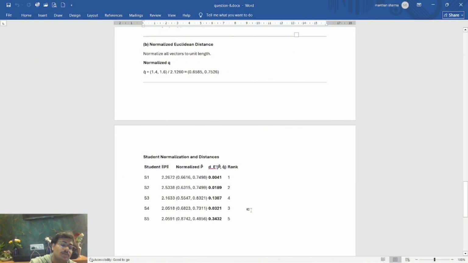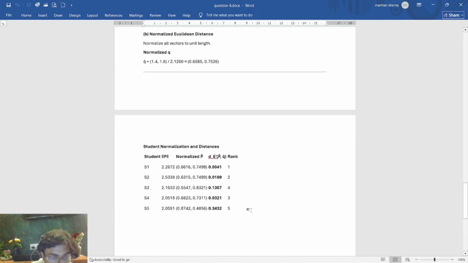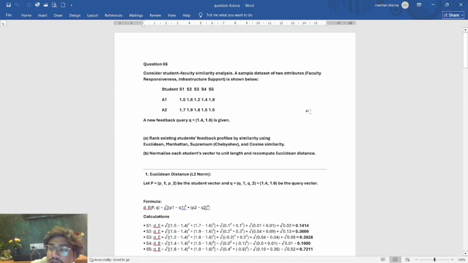So across all measures, the closest students to the query are S1, S2, and S4, while S5 is the least similar. Simple, clear, and effective. So we have done question number 8 here. In the next video we will be moving on to question number